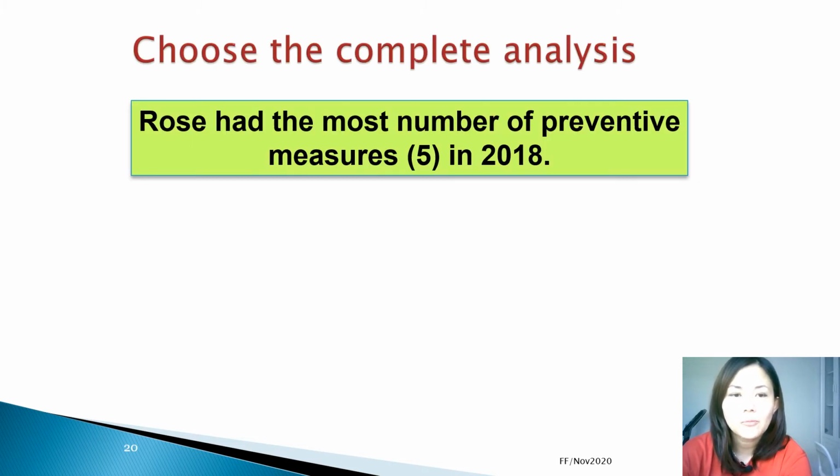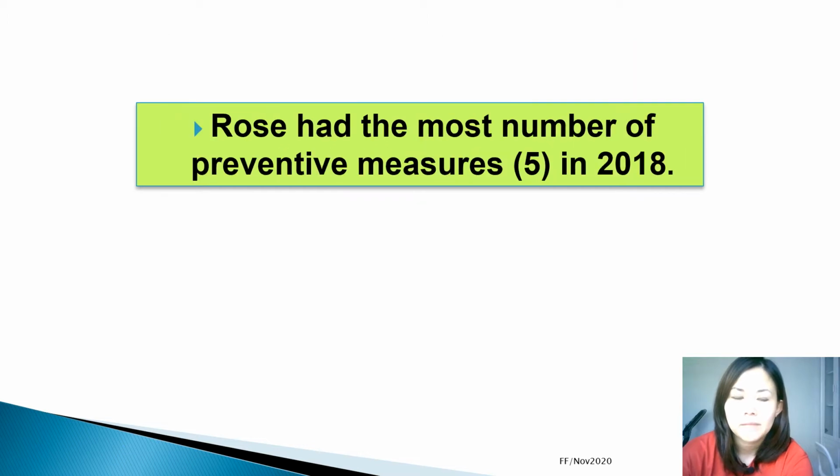Moving on, how about this? Rose had the most number of preventative measures, 5, in 2018. So Rose is the key feature, the most number is the trend word, number of preventative measure. Is this a correct subject reference or not? And number 5 is the data. The time frame is 2018. Let's see. The answer for this one is